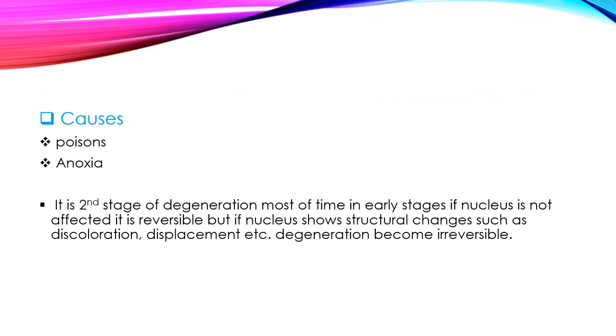There are many causes of fatty degeneration, like anoxia. Anoxia means lack of oxygen, a condition produced by a lower supply of oxygen to the tissue. It can be produced artificially, or it is seen in pathological conditions like atherosclerosis, in which the inner diameter of the blood vessel is reduced due to the deposition of cholesterol. In anoxia, the metabolism of the cell is affected and the fat from the cell organelles gets unmasked. Another cause of fatty degeneration is poison.